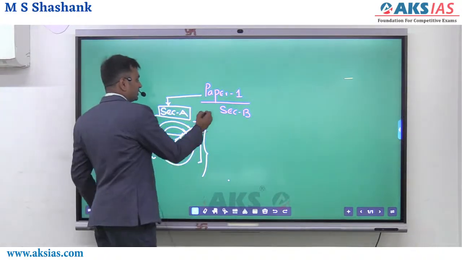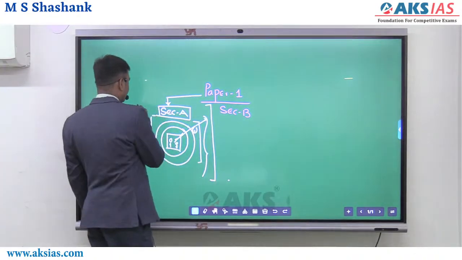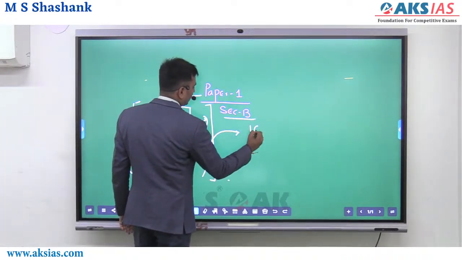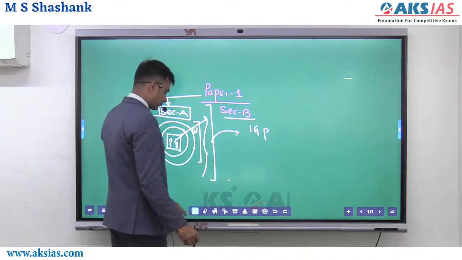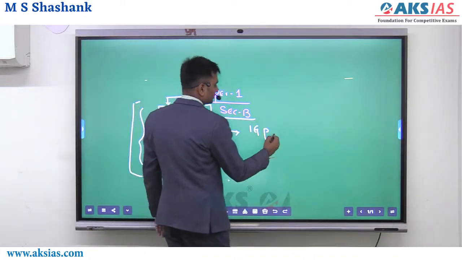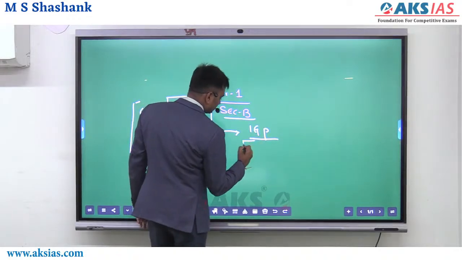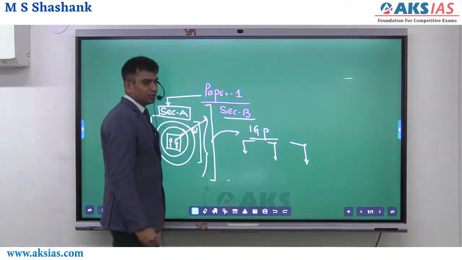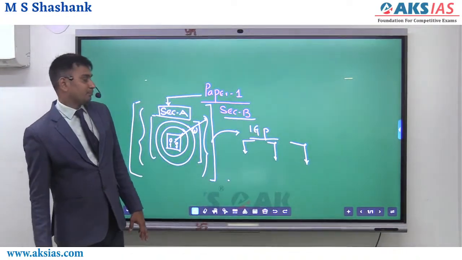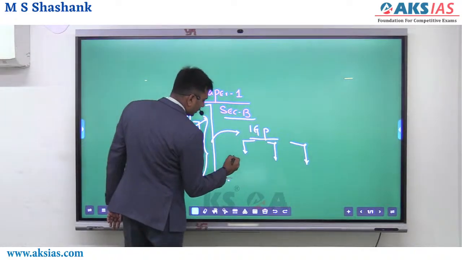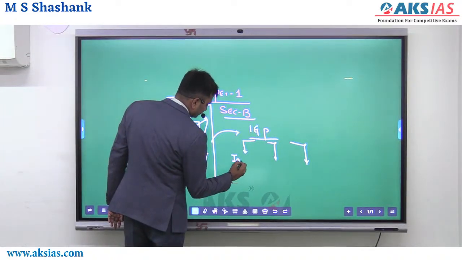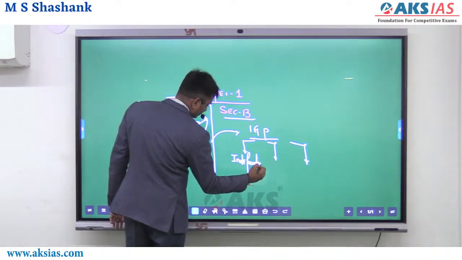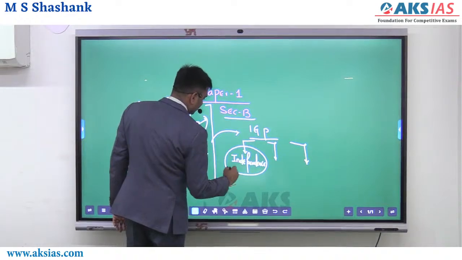So I said section A is nothing but the application part of section B. Section B is nothing but the application part of section A. IGP, Indian Government and Politics. How you can divide this is 3 components. First part is how independence was achieved. What are the various struggles?